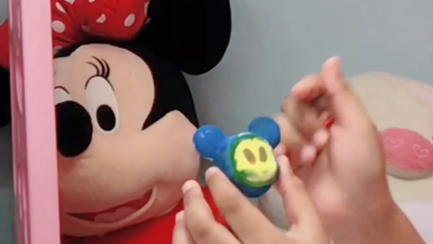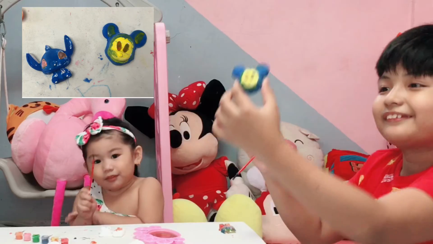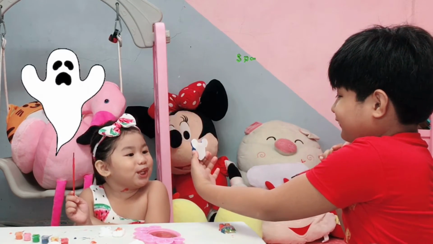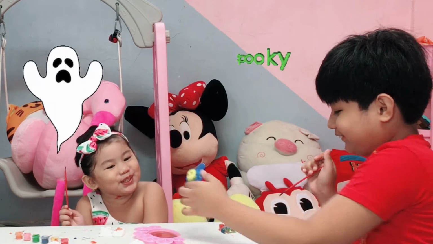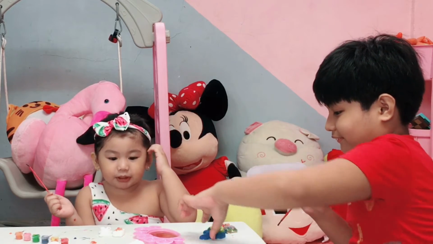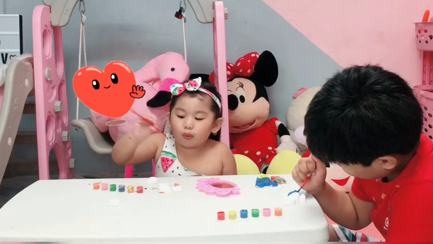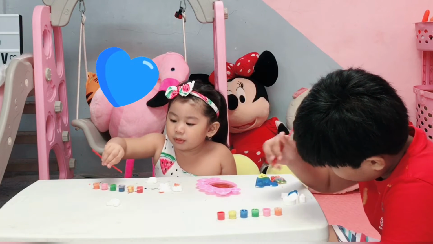Spooky. Oh. Can I see it too? Here. Spooky. Whoa, so spooky. Can I paint spookies too? Okay, you can create a spooky bear. Red, yellow, blue, green,